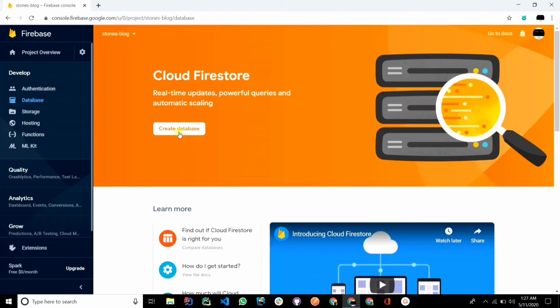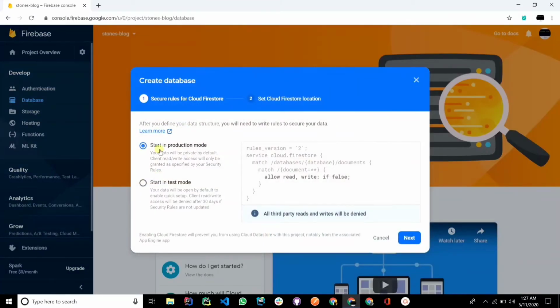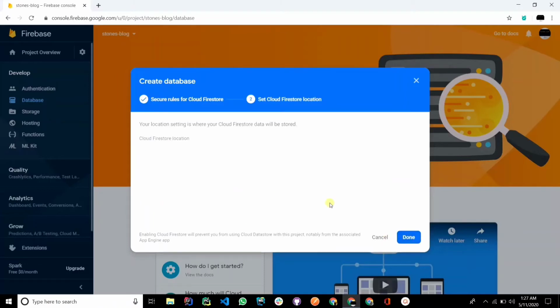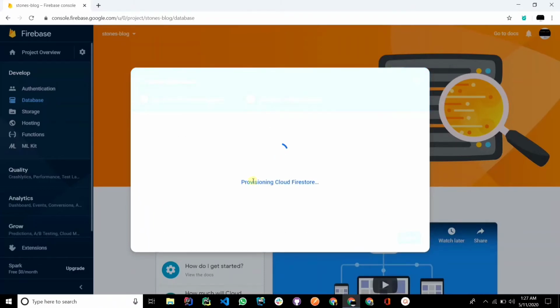Now create a database, and yes, we are going with start in production mode. Next, and that's all done. It is creating a database for us, and then we will have to specify which database we are going to use in our app. Either we can use the real-time database or the Firestore database.